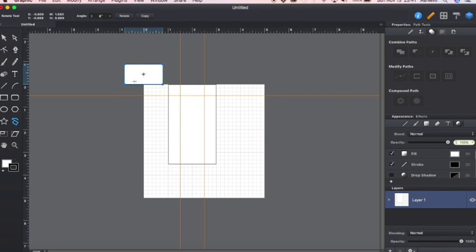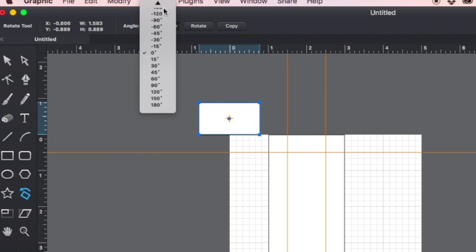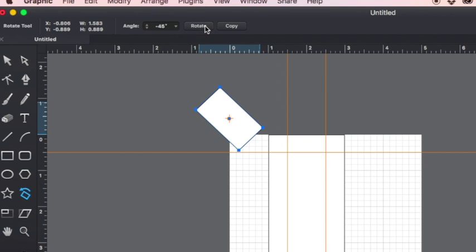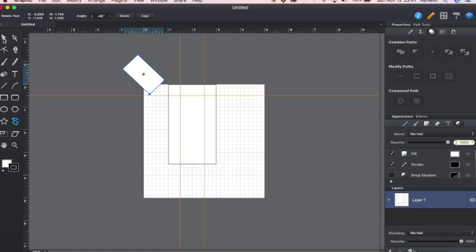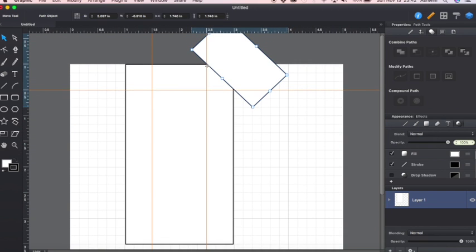Click on the rotate icon. Let it be in the center. So give -45 and say rotate. Now you take your select tool, head over to your and place it right here where it cuts both the corners,